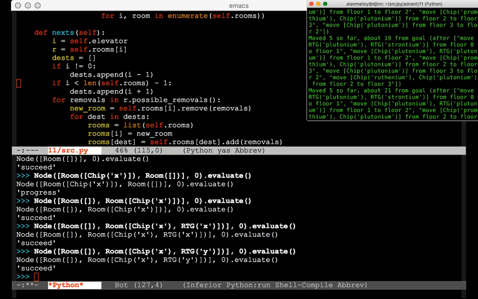I'm not sure exactly why it's doing that, but it is moving it onto a floor with its RTG, so that's fine. I guess it just needed to take something back downstairs in order to use the elevator again, right? So these searches seem fine. It's exploring things that seem like reasonable approaches, but